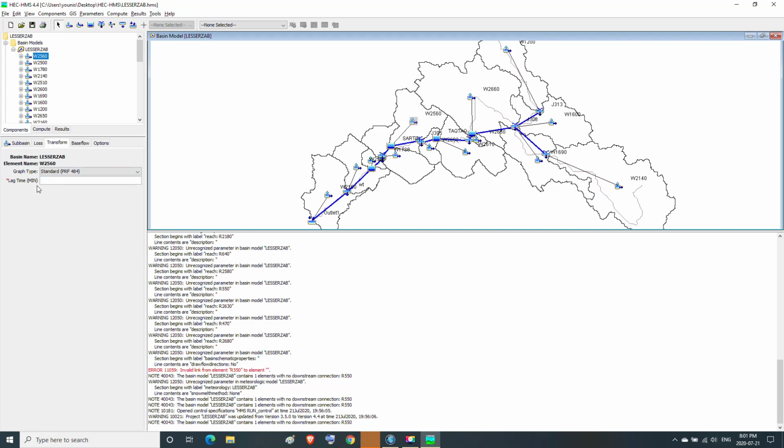Then we need to calculate the lag time in minutes, and to do so we need to open the project file that was prepared in advance by HEC-GeoHMS in ArcMap.